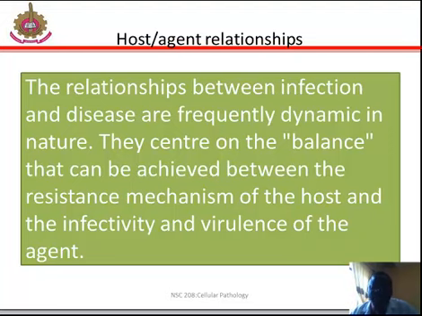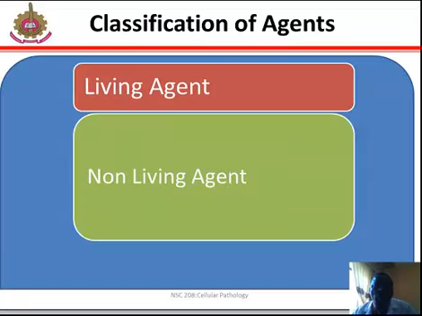So when you see an agent that has both pathogenicity and infectivity on the high side, it cannot maintain its survival in any ecosystem. But when it increases its infectivity and reduces its pathogenicity,